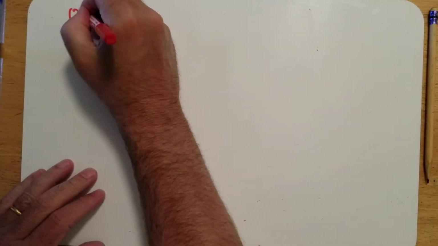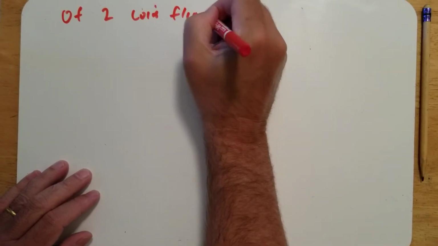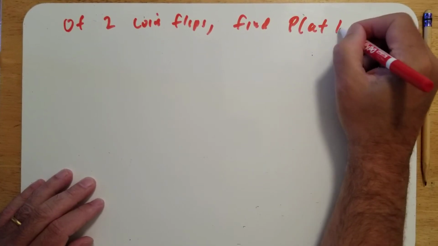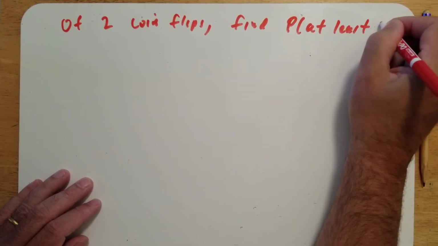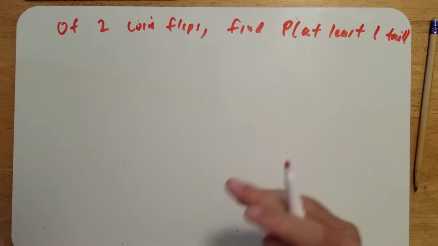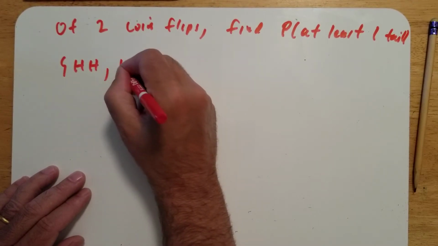So, of 2 coin flips, find the probability of at least one tail. Okay, well, we can do this by writing the set of equally likely outcomes, which is head, head,